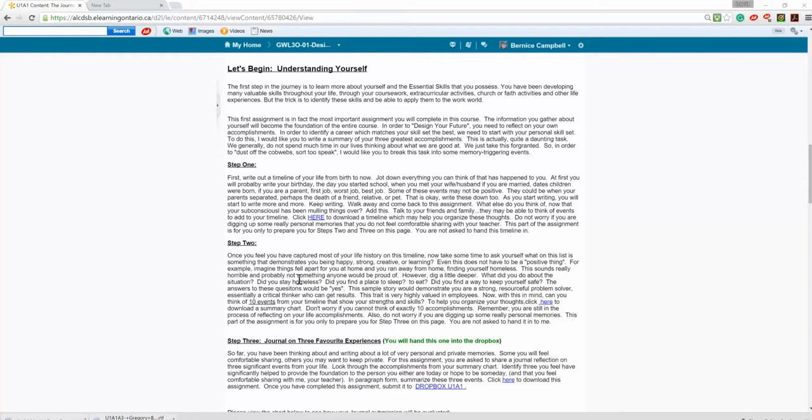And I'm having troubles opening the timeline on this particular computer. But with the timeline, you're basically thinking about things that you've achieved in your life and you're brainstorming. So you think of things, what did you do in kindergarten, grade 1, maybe grade 5, maybe your first job, maybe